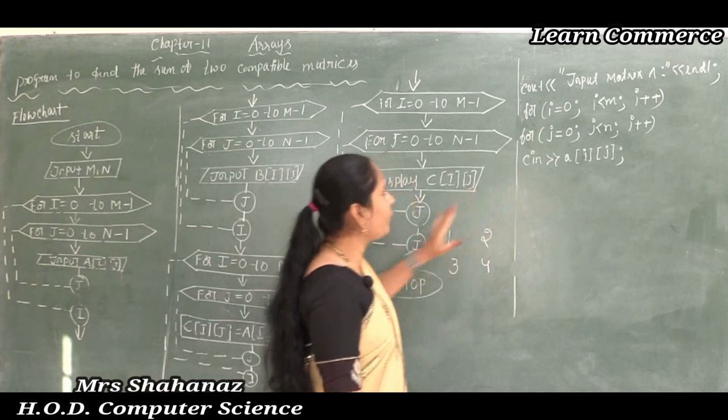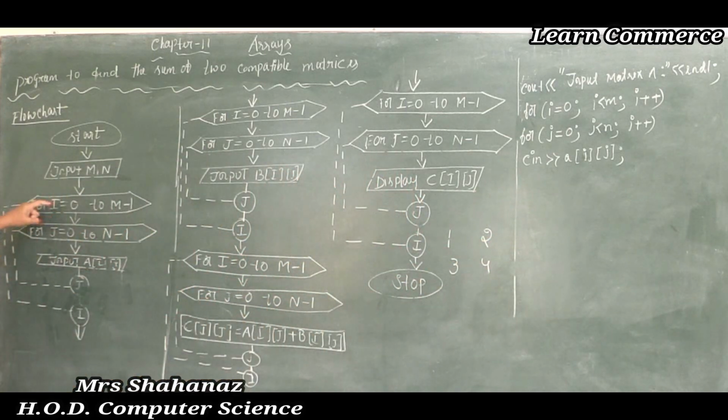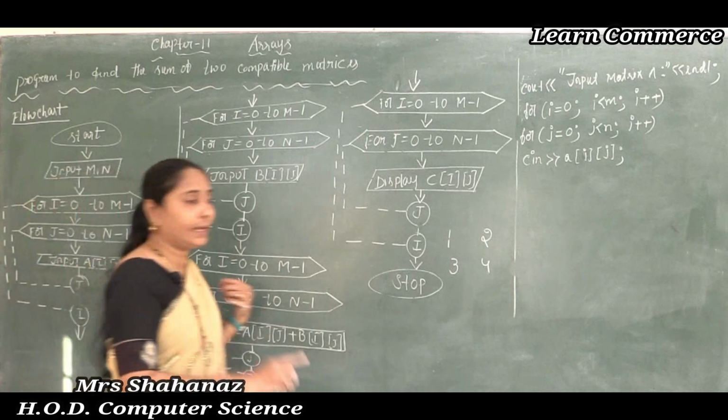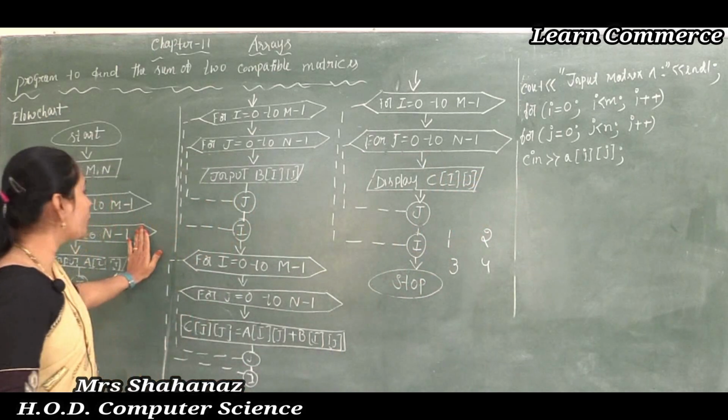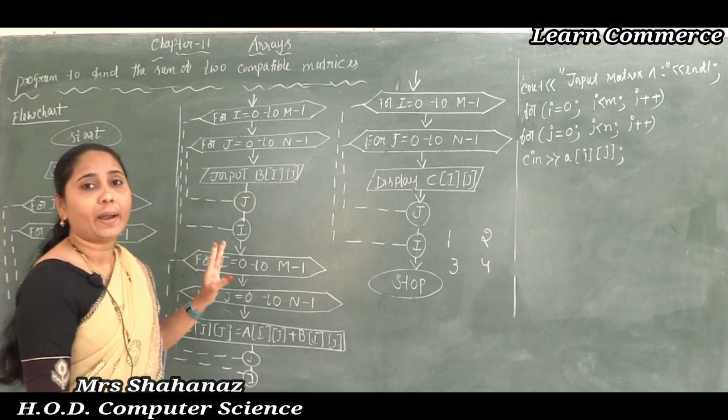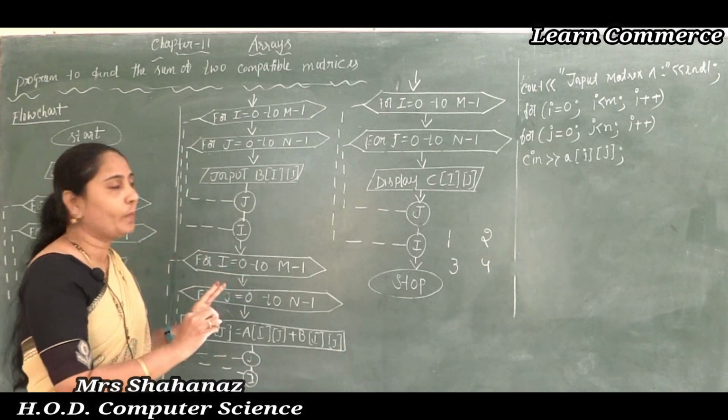That means what we completed here, we completed for 2 3. Here no need to write the j, only in the flowchart we need to show, but the meaning of j is j plus plus, the meaning of I is I plus plus. We need to go again and again till the condition is satisfied. So clear this one here. Up to here we are just inputting the values into the A matrix.